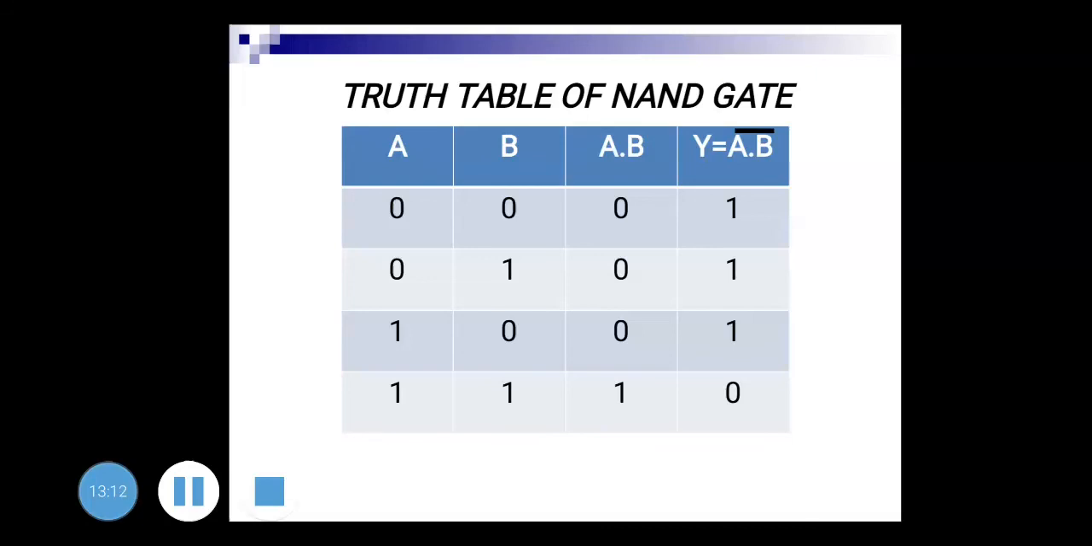So here if the inputs A and B are both 0, the output is 1, the final output. But we'll check out what happens when A is ANDed with B. So if 0 0, the gate operation gives 0 into 0 is 0, and at the output Y, NOT gate operation will take place, so that 0 is converted into 1. If one of the inputs is 0 and the second input is 1, then the output is 0 and its complement is 1. If one of the